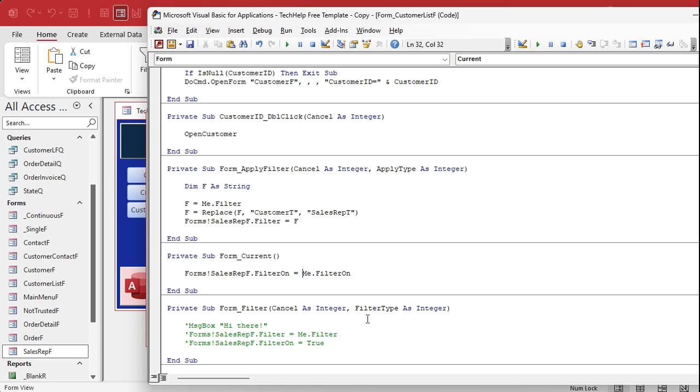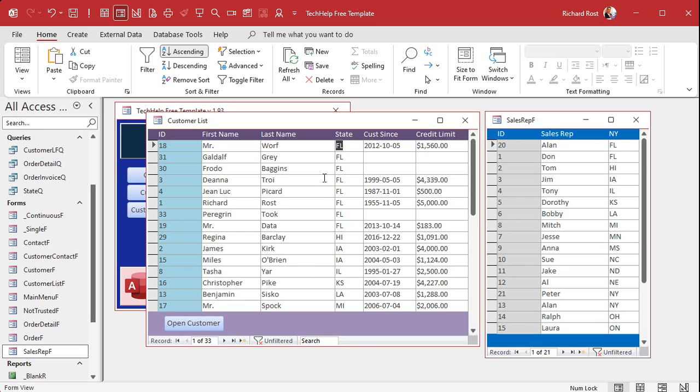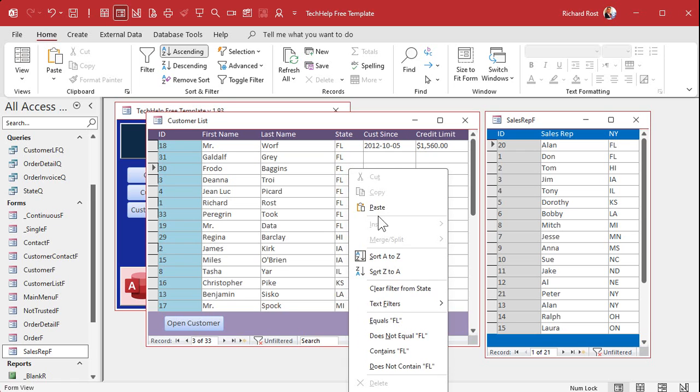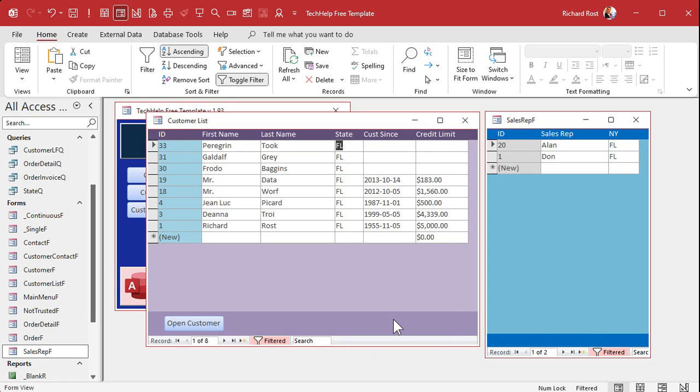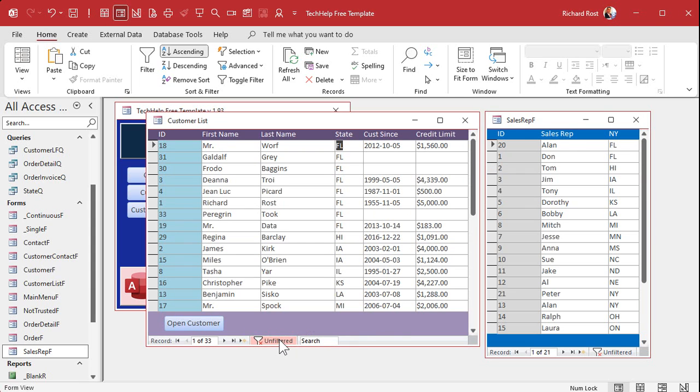Now, this will fire every time you move from record to record, but it shouldn't make a difference unless the filter changes. But now, as I'm moving from record to record, if I apply a filter, the filter gets applied, the onCurrent event runs again, and it fixes that. If I turn it off, it fixes it. If I apply another filter,